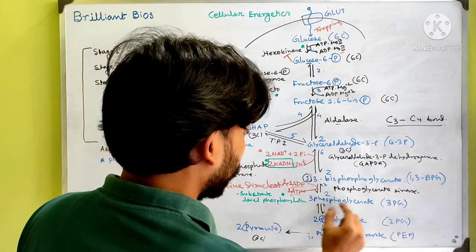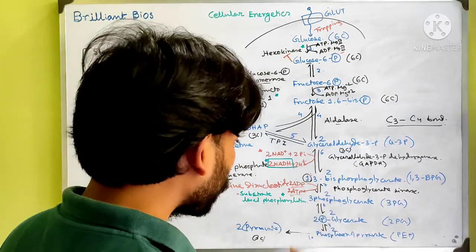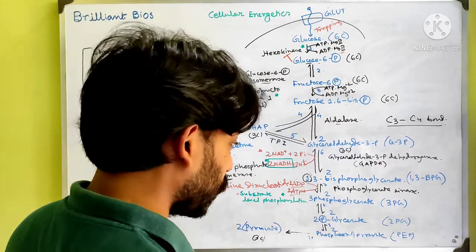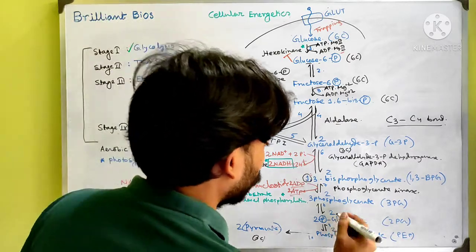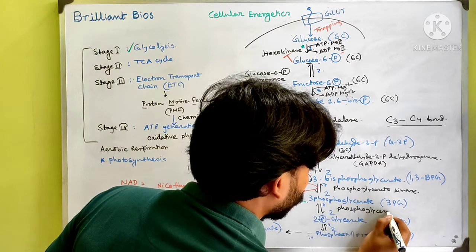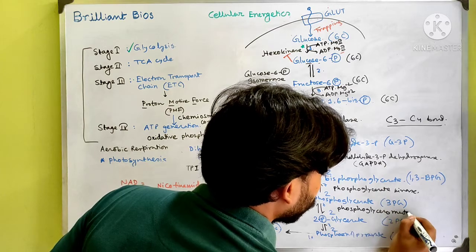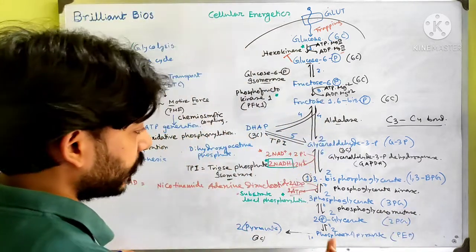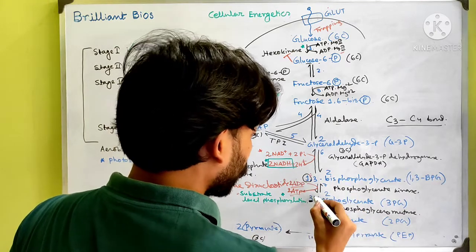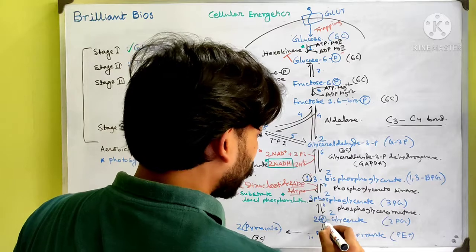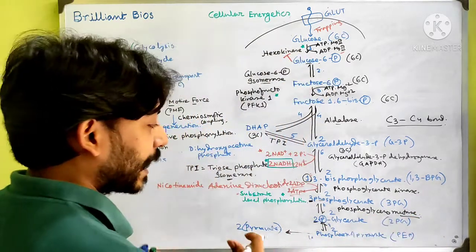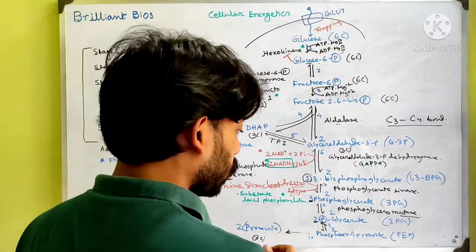Now this phosphoglycerate kinase converts 1,3-bisphosphoglycerate into 3-phosphoglycerate. Now the 3-phosphoglycerate is converted into 2-phosphoglycerate. So there should be some changes, and an enzyme is responsible, called phosphoglyceromutase. What happens here? You can see that in 3-phosphoglycerate the number 3 carbon has a phosphate group. Now the number 2 carbon has the phosphate group. So this mutase enzyme exchanges the phosphate group from carbon 3 to carbon 2.